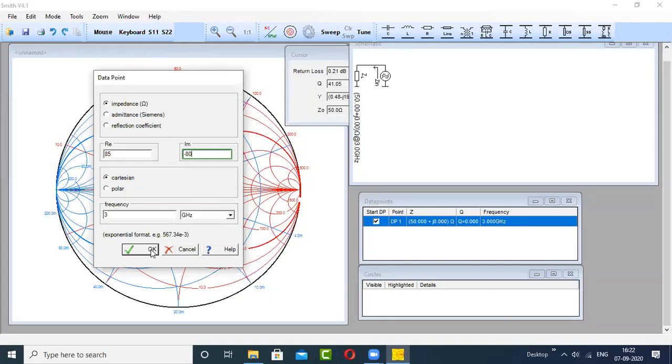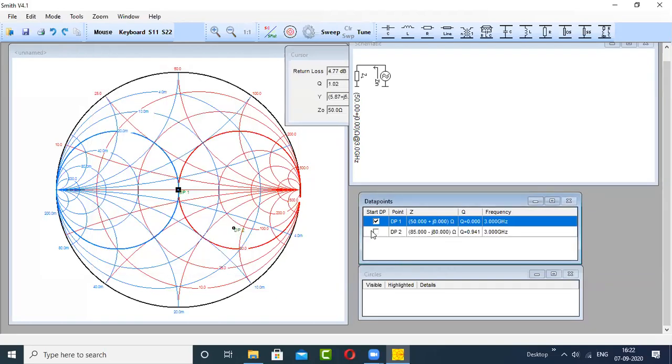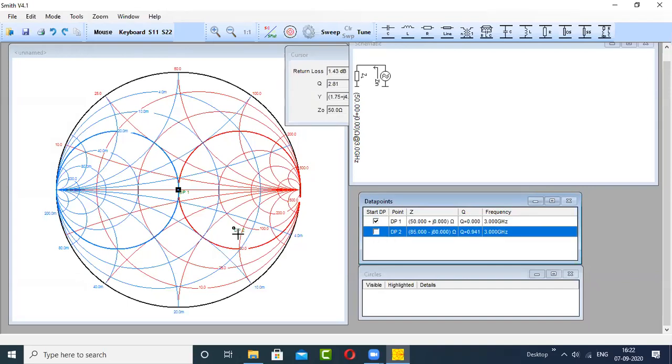Sir, is the real part correct? 85, from where have you taken it? 1.7. So 17 into 5, so 85. Okay, fine. We'll verify. And the imaginary part is 80. 80 divided by 50, so it is 1.6. Okay, we'll do this. So that point comes somewhere here. Okay, it's here.